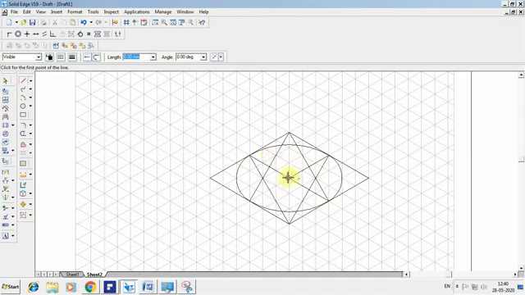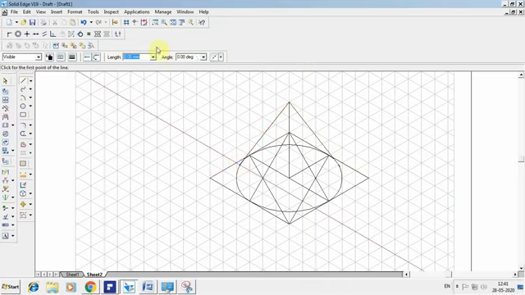The cone height is given as 50, so I want to select from here. It will be 30, 40 and 50. Once you're done, go for line. You can see the tangent. When you're going to draw in the sketchbook, make sure that you draw a line exactly to the circumference of the cone.